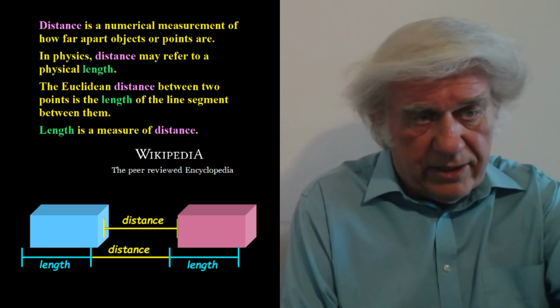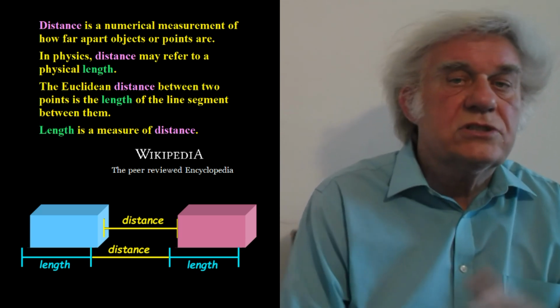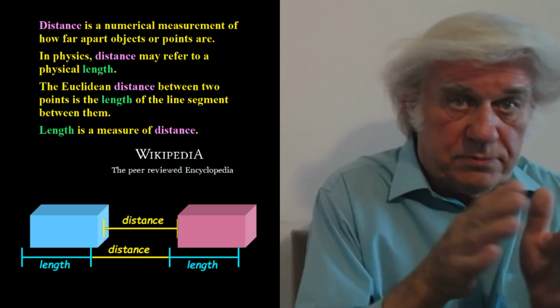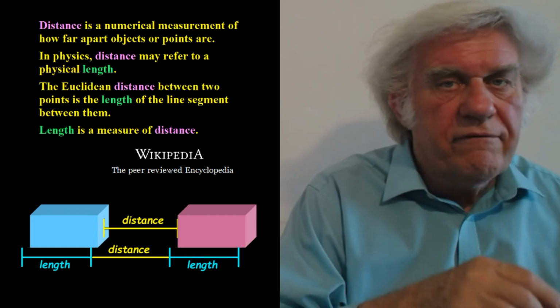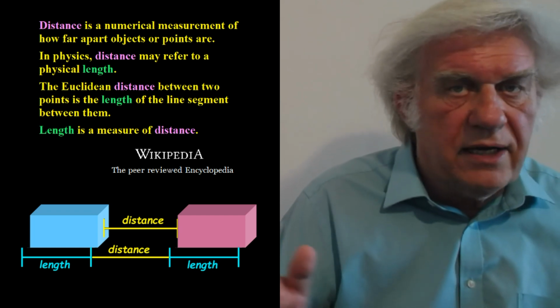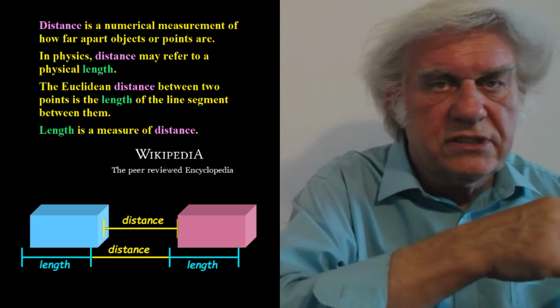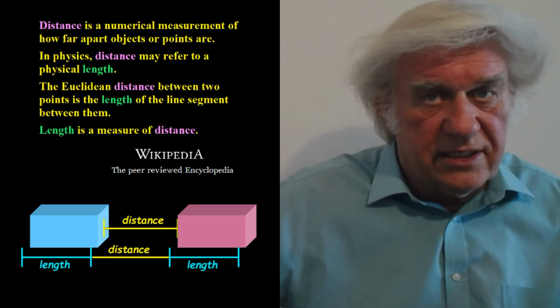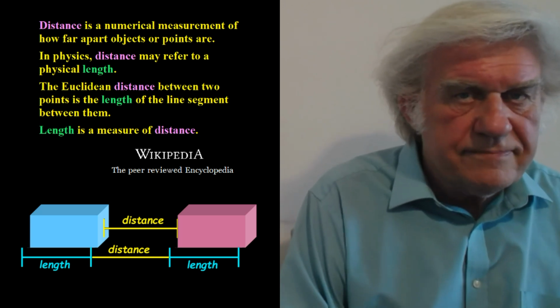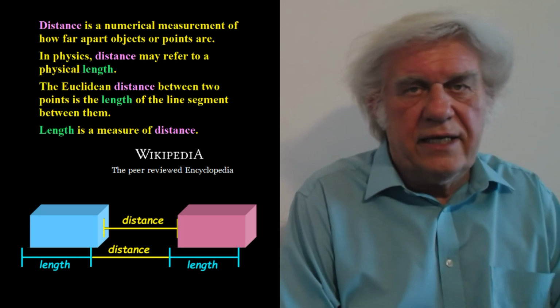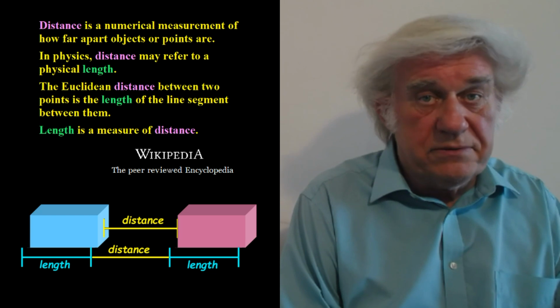And we have a problem there, because you see it at the bottom. Distance is what's between objects. It's the space between objects. You're unrolling the measuring tape from surface to surface of two objects, but you're unrolling it through space, through nothingness. So distance is what separates two objects. Or like I like to say, distance is what lies between lengths.